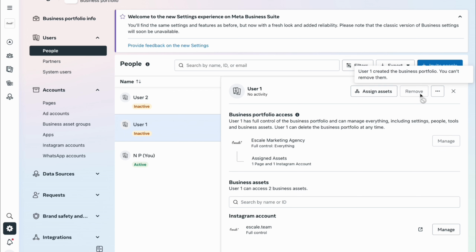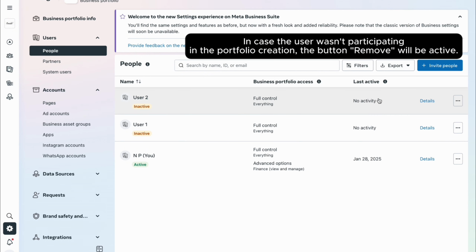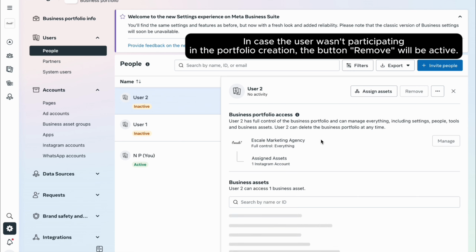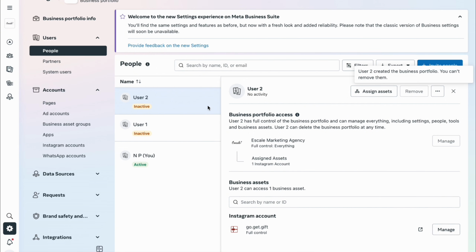Or we can entirely remove the person. Oh, in this case they have created the portfolio, so we cannot remove them completely, but we can revoke all the accesses for this user. It turns out this one has created the business portfolio as well, which is weird, but anyways,